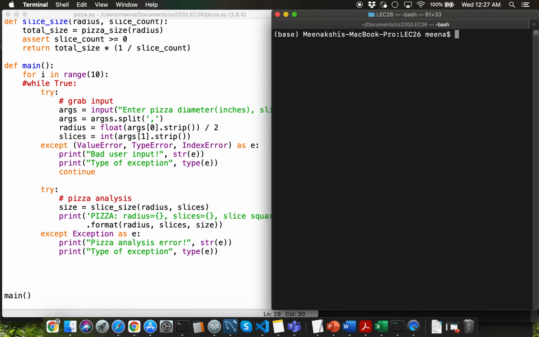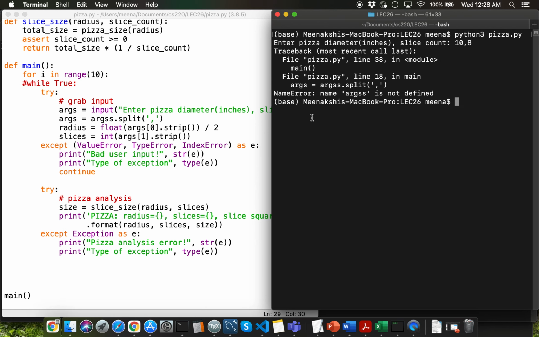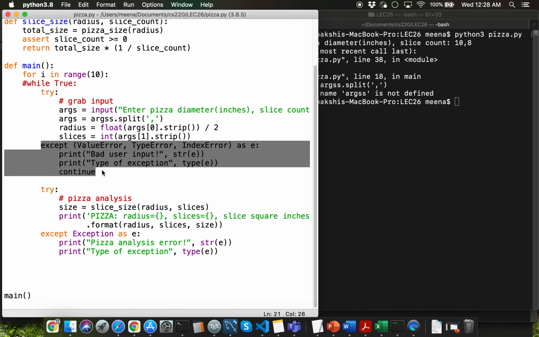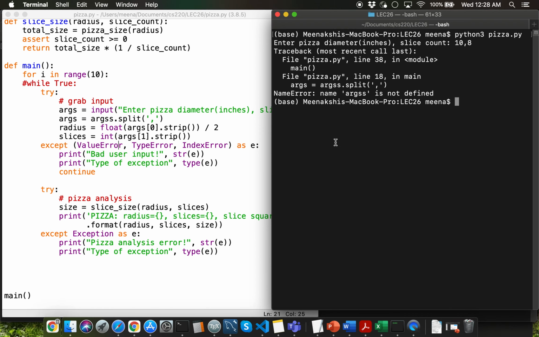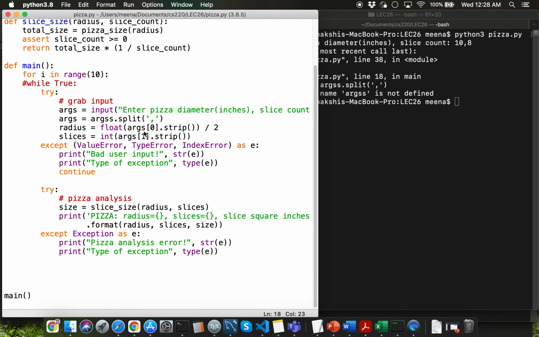Let's clear the screen and let's try to run it. Now if I give user input as 10, 8, observe that the program is crashing immediately with NameError. Why is that the case? That's because this except block over here does not catch NameError. Now we'll know that there is a syntax error in the program and we are going to directly go ahead and fix that. Let me remove the duplicate s from line number 19 over here, line number 18, my apologies.